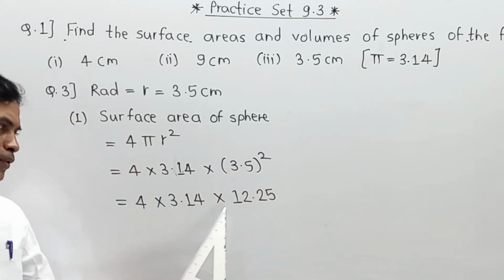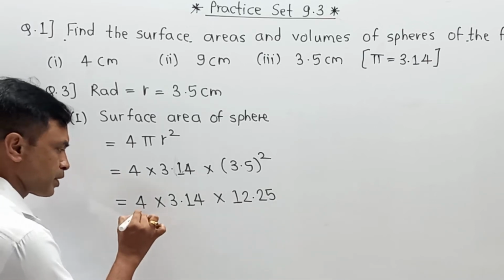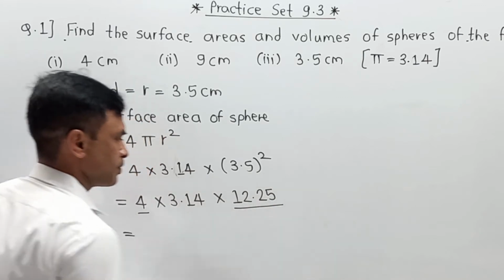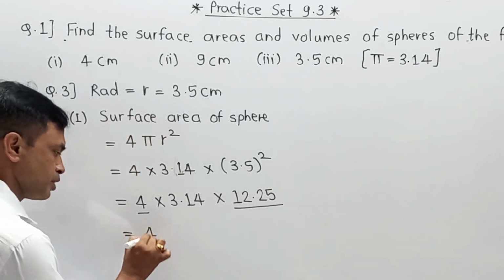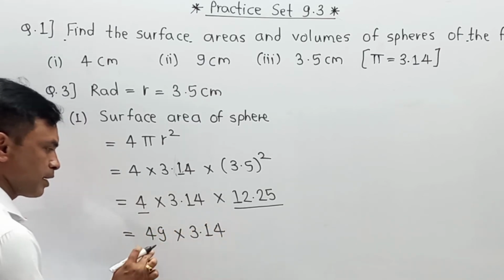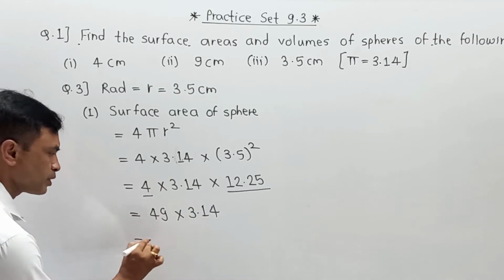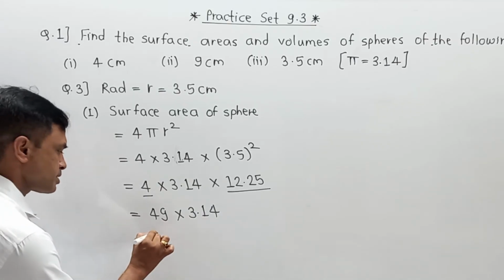Now 4 into 3.14 into 12.25. So the product of 4 into 12.25 becomes 49 into 3.14. This product becomes 153.86